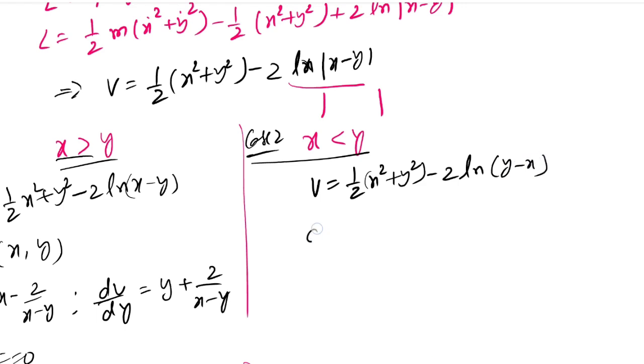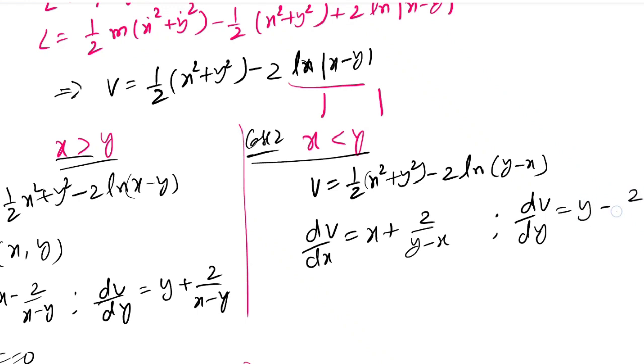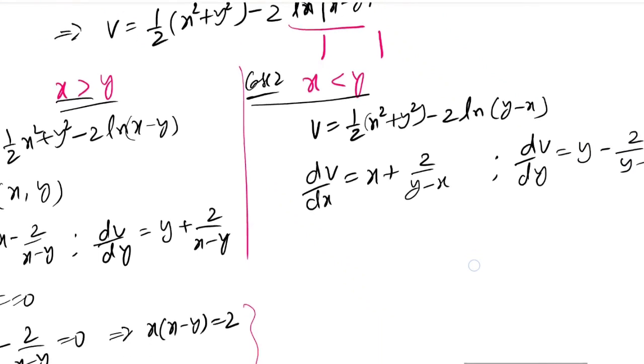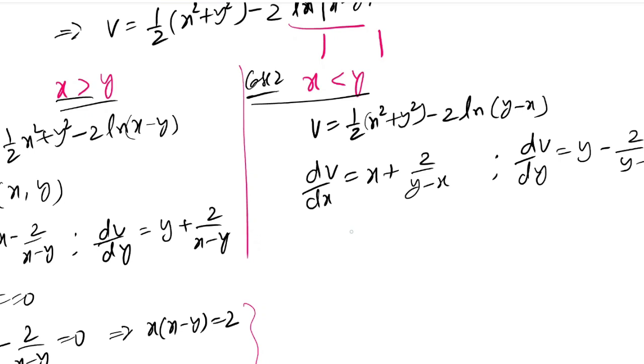Okay. So the gradient is dv by dx is equal to x plus 2 by y minus x. Similarly dv by dy is equal to y minus 2 by y minus x. So setting them to 0,